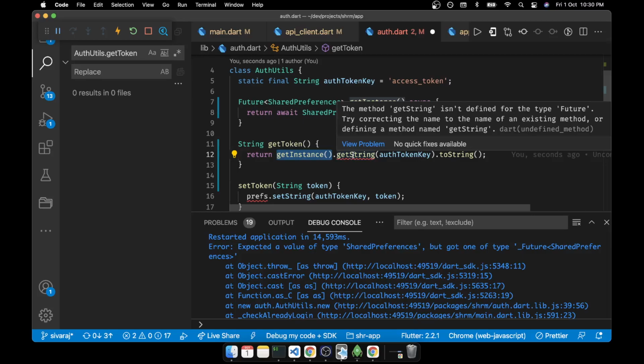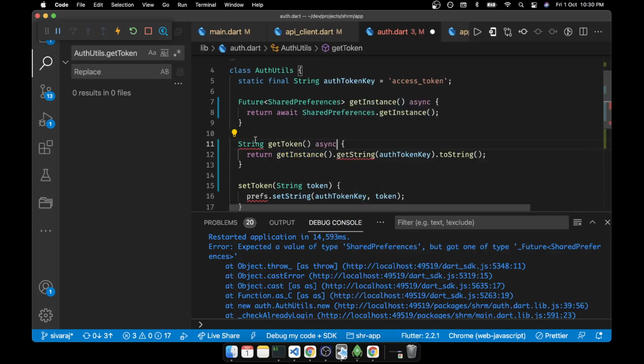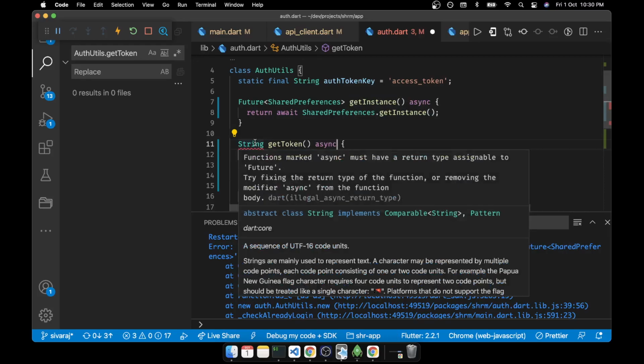Try correcting the name to the name of an existing method. So again, this will be changed into Future. Oh god.